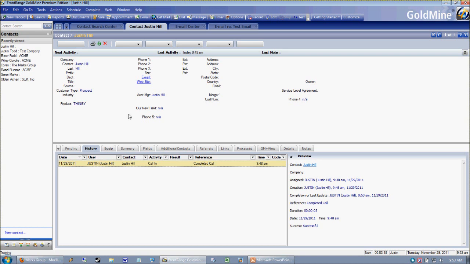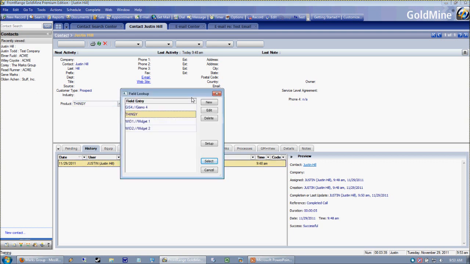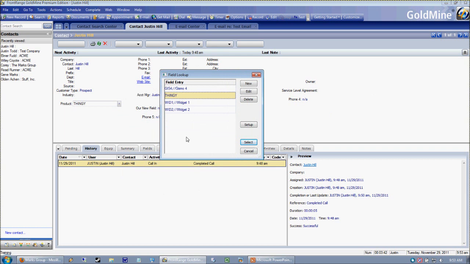This is actually something that GoldMine does very well, kind of stands apart within its own range of competitive products in the field. Not a lot of other things do this for the same price point, I guess is what I'm trying to get at. What I want to show you is that once you populate these pick lists with items, and incidentally,